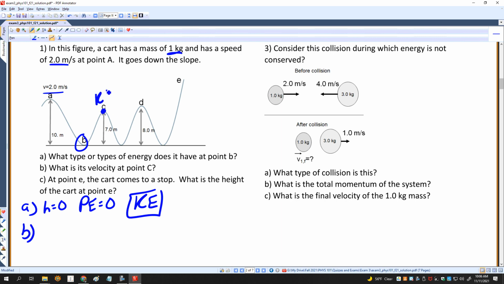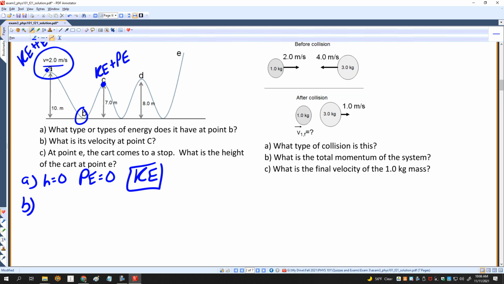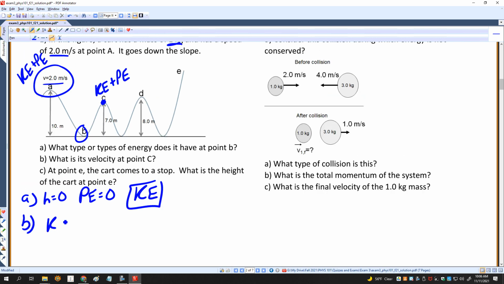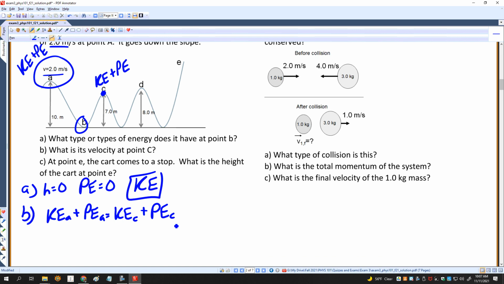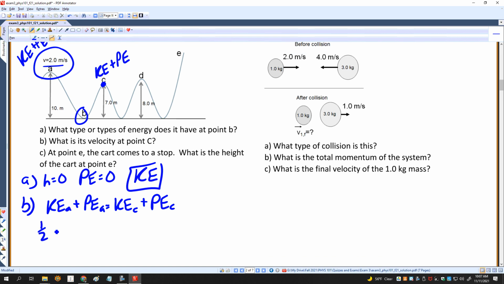Now at point C, it has kinetic energy and potential energy. So I'm going to take the energy here at point A, which is kinetic energy and potential energy, and set it equal to the energy at point C. So that is the kinetic energy at A plus the potential energy at A is equal to the kinetic energy at C plus the potential energy at C. So that's going to be 1/2 m, times the speed, 2 squared, plus m times 10, that's g, times h, which is also 10 meters,